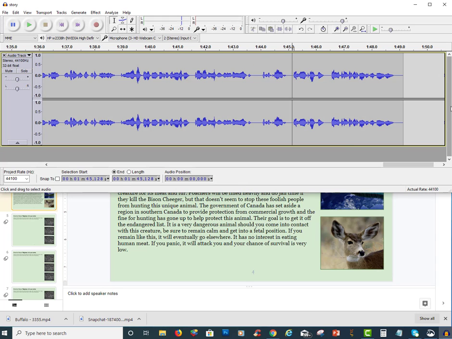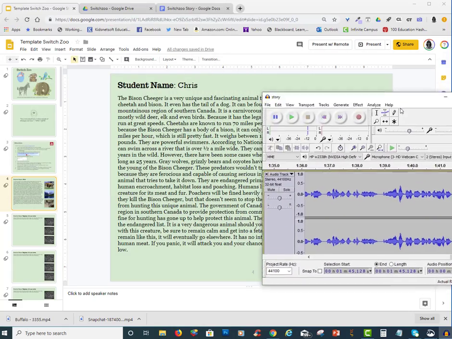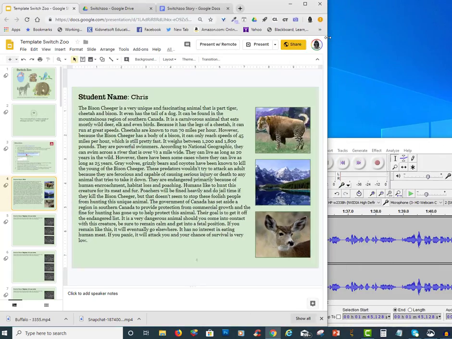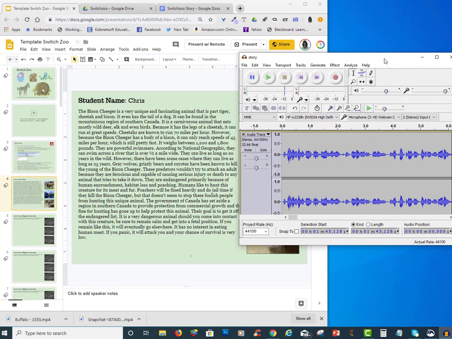Once you've completed editing, you're going to go ahead and put it next to your story and make sure that it is word for word. That is the goal of this, is to record it word for word. So you would go ahead and rewind it. You would hit the play button and read along to your story and make sure that it matches word for